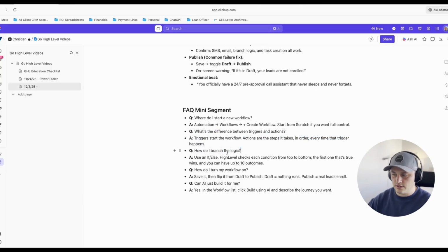How do I branch the logic? We'll probably use that in a separate video. I didn't really go over that today, so I'll skip that one. But how do I turn my workflow on? Save it, then flip it from draft to publish. Draft equals nothing runs, and publish equals real leads enroll. Can AI just build it for me? Yes. In the workflow list, click build using AI and describe the journey you want. I'll do that in a separate video